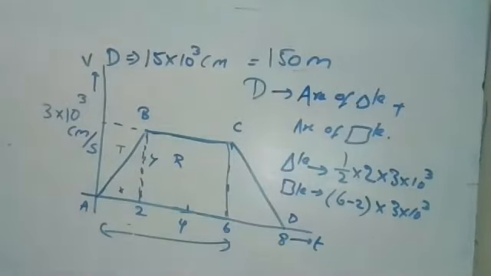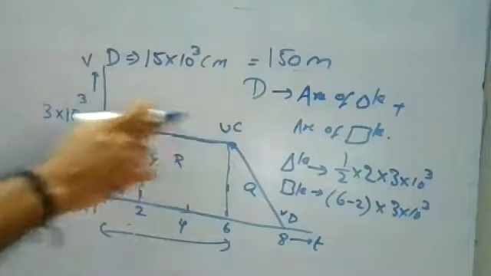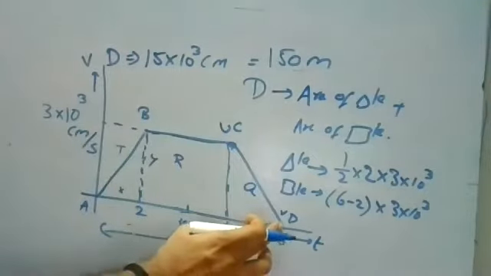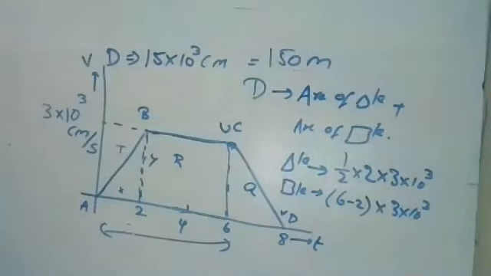In the second segment, we need to find the acceleration. That is your deceleration for the last 2 seconds. Remember, we have to find the deceleration for the last 2 seconds. Here I found the initial velocity and final velocity. So here we know the time period, and we have to find this acceleration. This is the initial condition and this is the final condition. We know the initial velocity, and the final velocity will be 0 because it is deceleration. I think you have finished the first case.